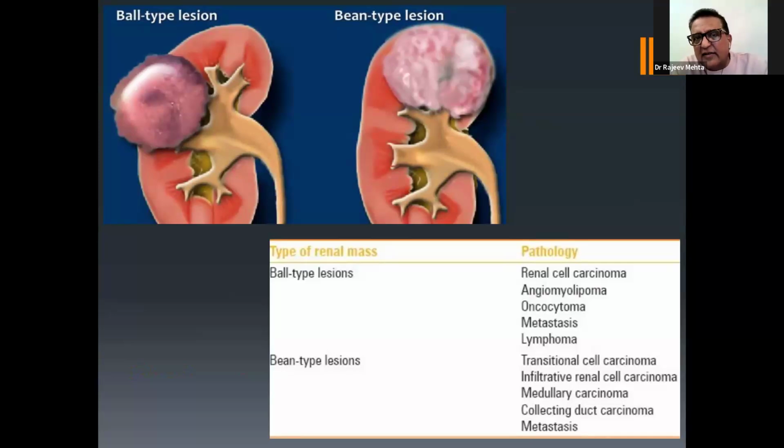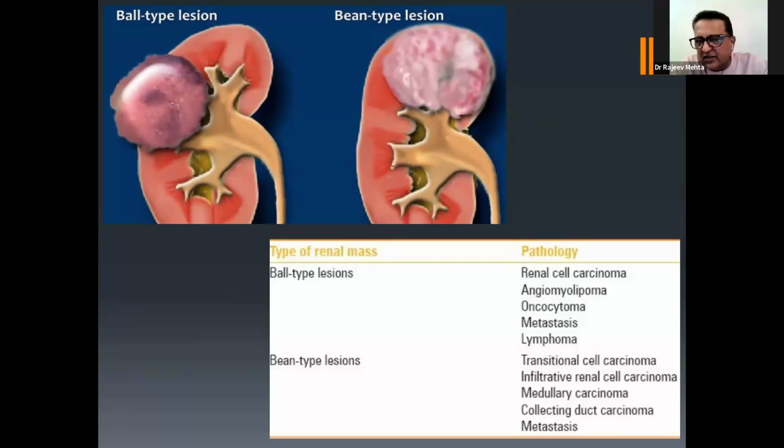Unlike that, on the right-hand side, the bean type of mass lesion is predominantly intrarenal, and it doesn't show any changes of the contour of the kidney. It is not well seen on plain scan and best seen on the excretory phase images of the CT scan. And that causes the destruction of the calyces, involvement of the calyces, and is more commonly seen in transitional